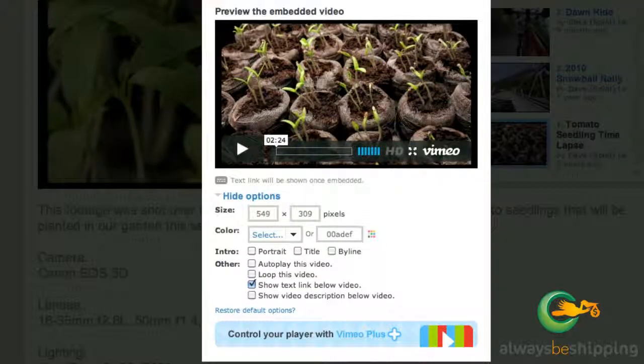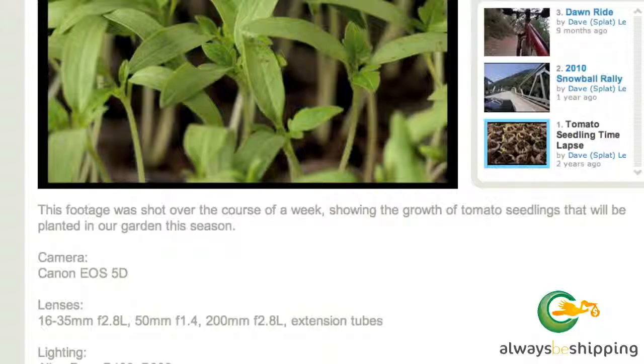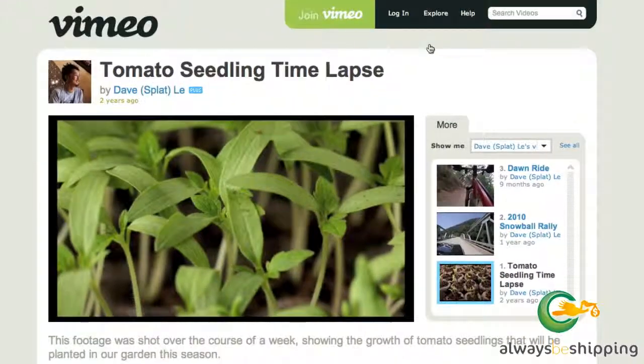So that is how you use Vimeo. And again, don't pass it up, because there is some really great stuff on Vimeo that you won't find on YouTube. Of course, YouTube is the bigger site, and you'll probably find the majority of stuff on YouTube, but look at them both when you're doing this process.